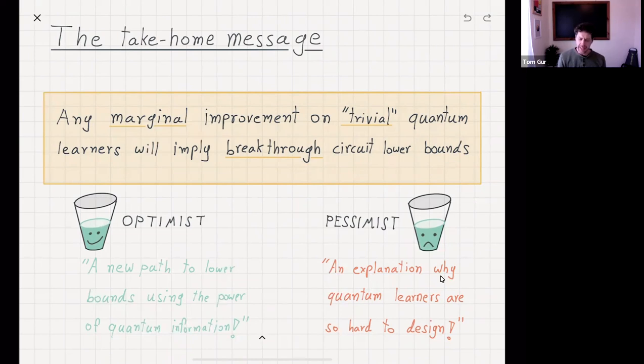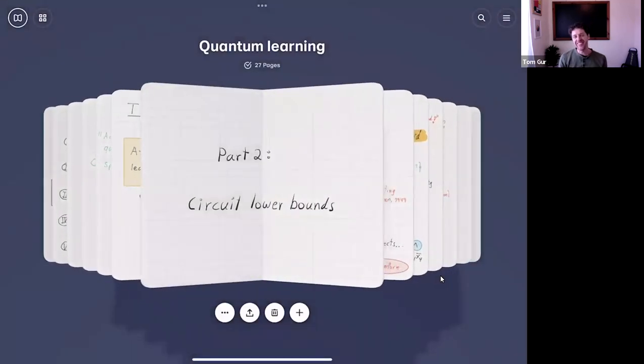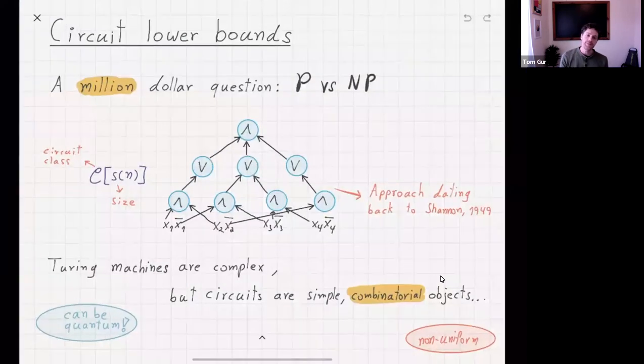And in the next 10 minutes or so, I'll try to give a bit of intuition as to why this result holds and why it's interesting. So we're continuing to part 2, circuit lower bounds. And I want to give a very simplified perspective on this entire super important endeavor that we do in complexity theory. So, it's not often that we can literally talk about a $1 million question,